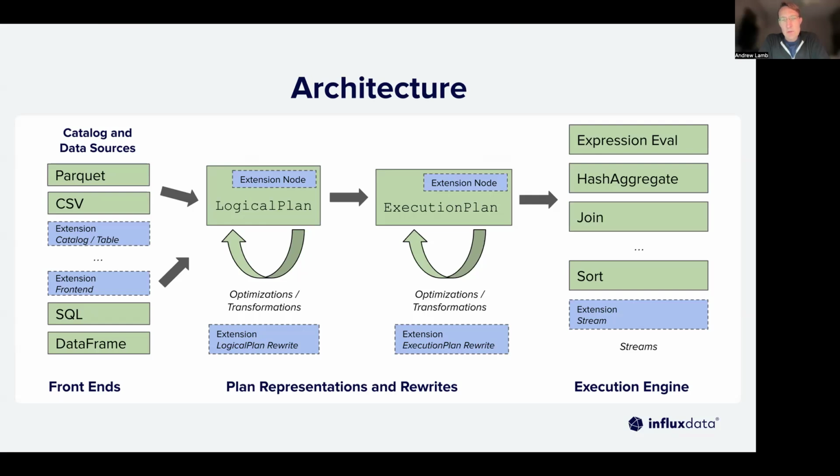There's then a relational logical plan, which is like a high-level relational operator tree, which describes the calculations that are required to compute the queries that are requested. It also includes a variety of optimization passes to make those logical plans faster. There's then a lower level representation of the relational algebra tree called an execution plan. That's often called a physical plan in other systems. But again, there's a whole new set of transformations that happens there. And then it includes a variety of specialized operators that do the standard